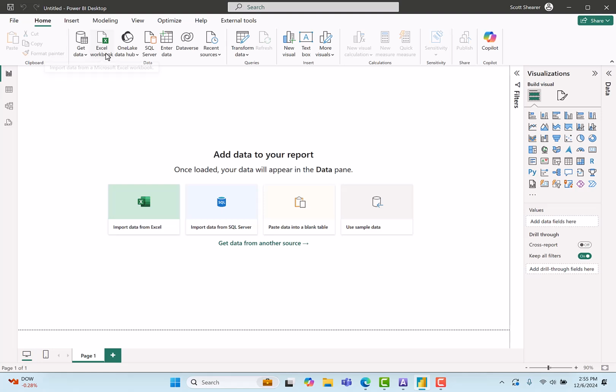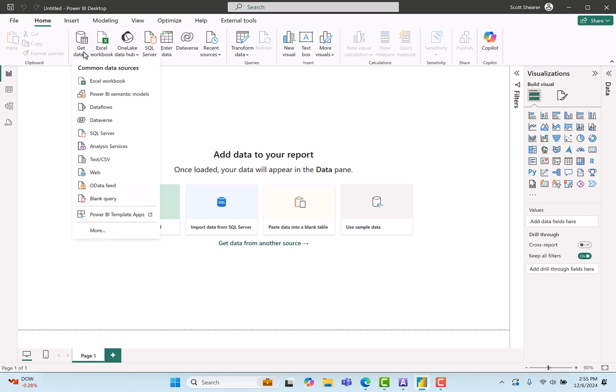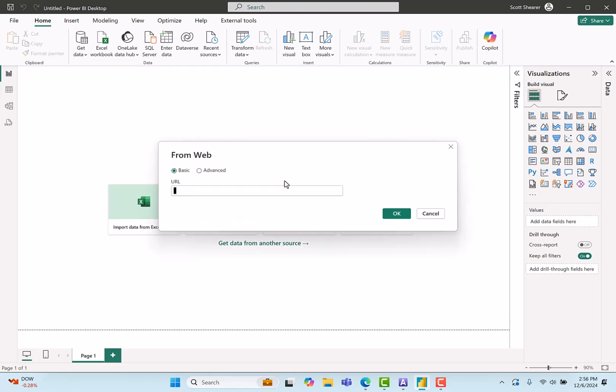So I'll click right here to copy that back to Power BI. And as opposed to clicking on Excel Workbook, I'll click on Get Data and Web. This time we will select Web. Click there, and I will paste in the URL of the Excel Workbook. Depends where you get the URL from, but sometimes you'll see it with a question mark web equals 1 at the end. If you see that, get rid of the question mark web equals 1. I don't have that here. I'll click on OK